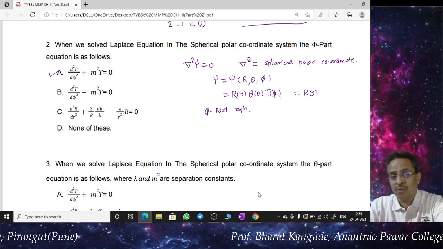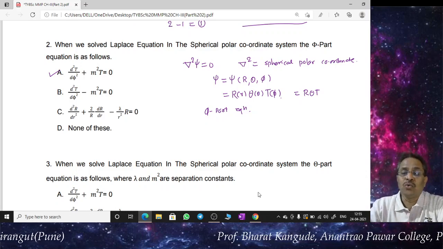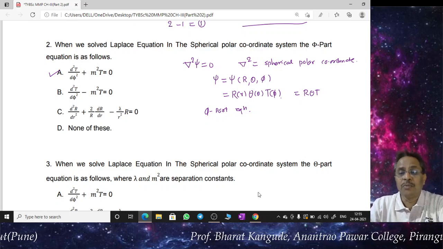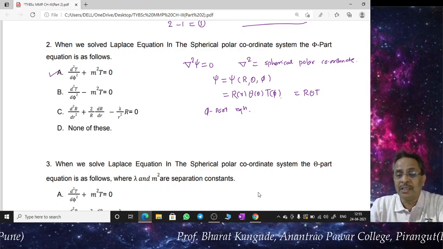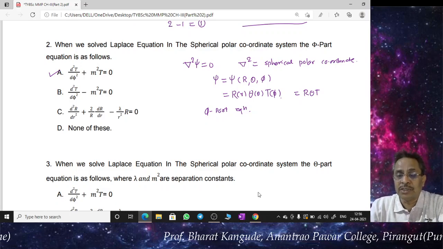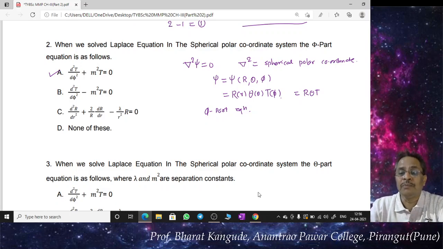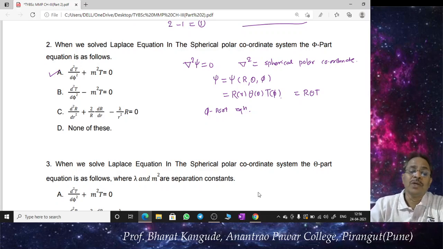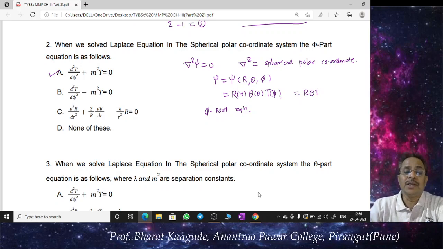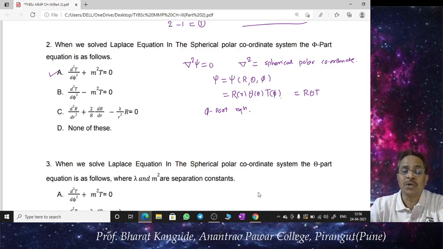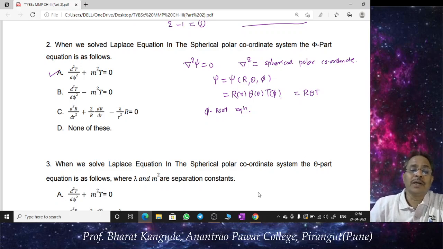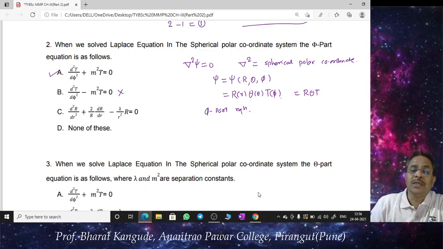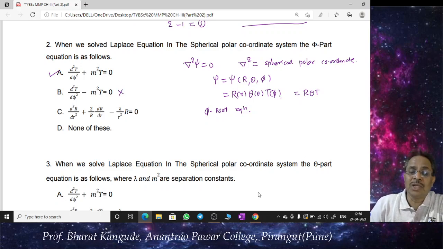So at home, when we go for the actual method, try to understand how to apply the method of separation of variables for solving the Laplace equation in the spherical polar coordinate system. What should be the psi that is required there? Then substituting this psi and separating the variables, we require the first constant as m square, and therefore it is minus m square, and the first equation comes: d square T upon d phi square plus m square T is equal to 0. This is called the phi-part equation for this Laplace equation in the spherical polar coordinate system. If my choice is plus m square, then that will not be suitable.